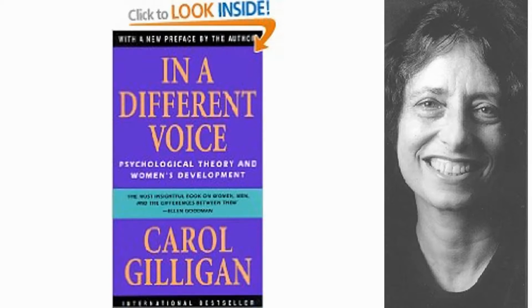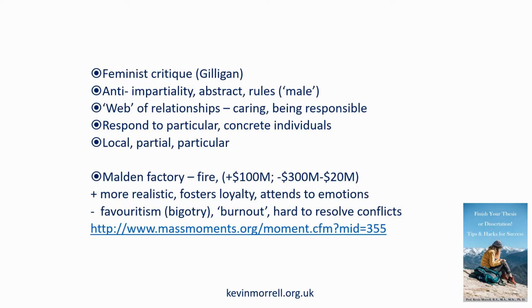A third, more contemporary perspective is ethics of care, and the reason for introducing it straight after these two is that it's a challenge to some of these ideas of impartiality, abstractness, calculating, and so on. The person most associated with it is Carol Gilligan, with her book In a Different Voice. This was partly a feminist critique, suggesting that these calculating, rational systems of Mill and of Kant were quite masculine ways of looking at ethical problems.